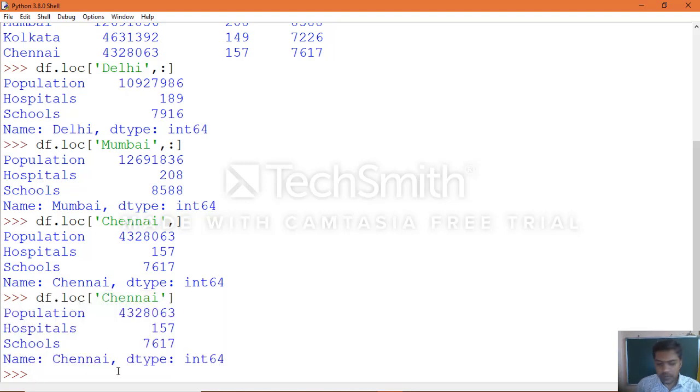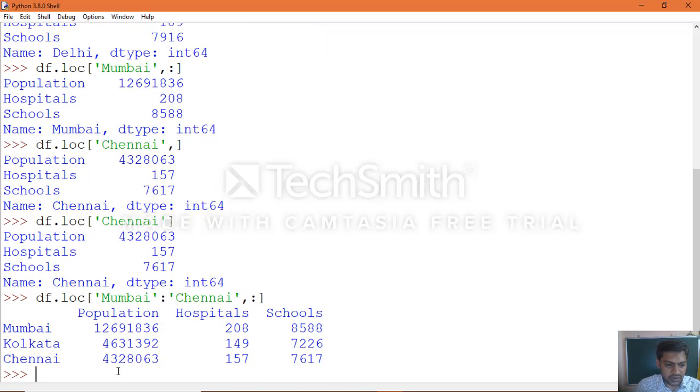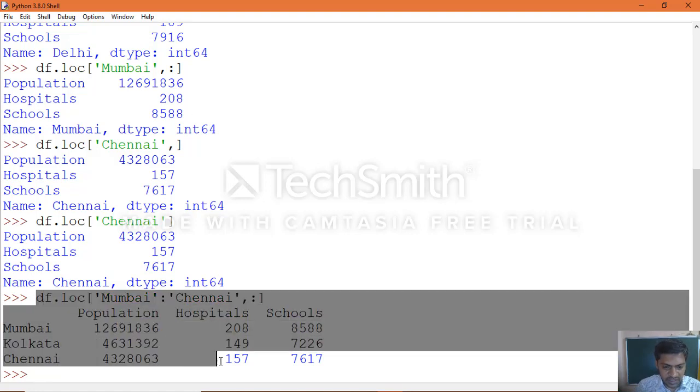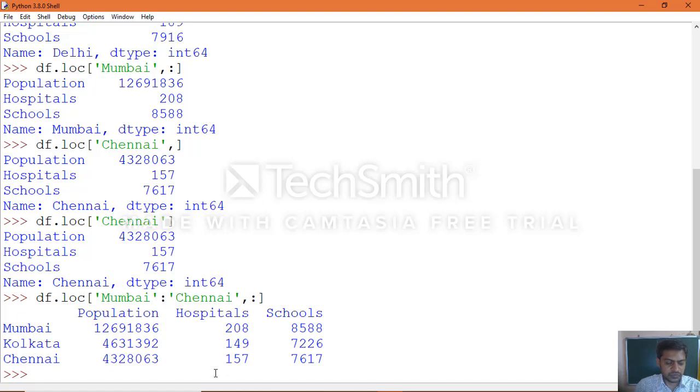In the same manner, how can we access multiple rows? Start row Mumbai, then colon, and the end row which you specify, Chennai, comma, colon. This is the syntax we learned to access multiple rows. Yes, you can see how to specify it.